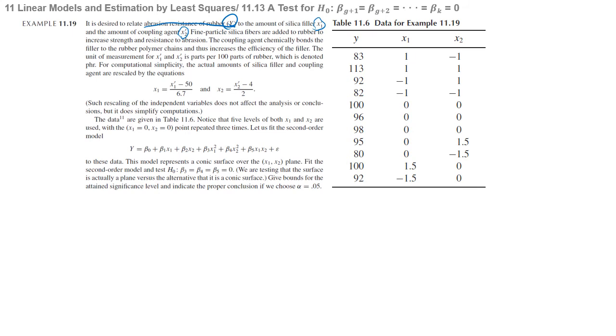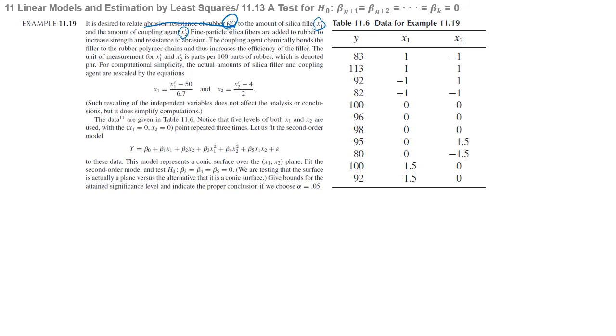The coupling agent chemically bonds the filler to the rubber polymer chains and thus increases the efficiency of the filler. The unit of measurement for x1 dash and x2 dash is parts per 100 parts of rubber, denoted